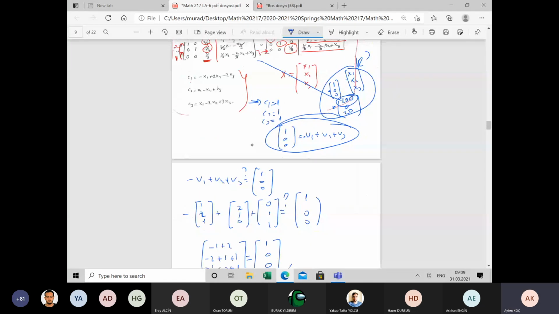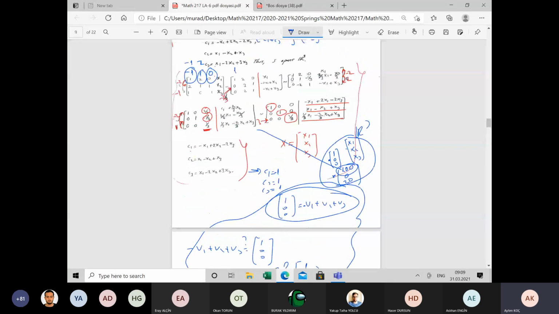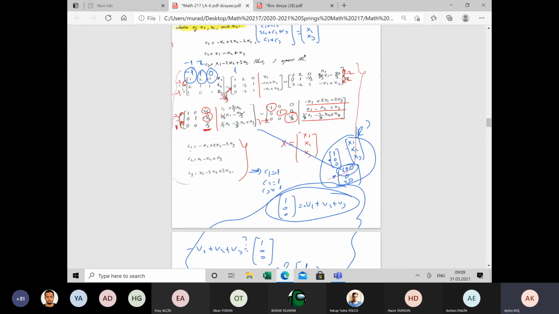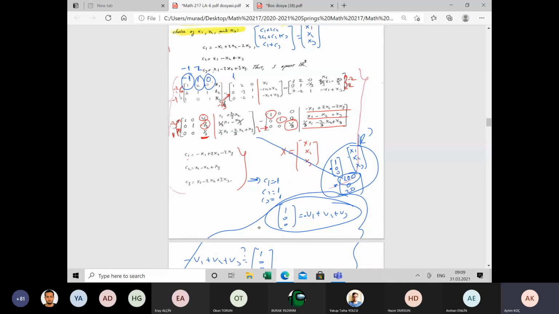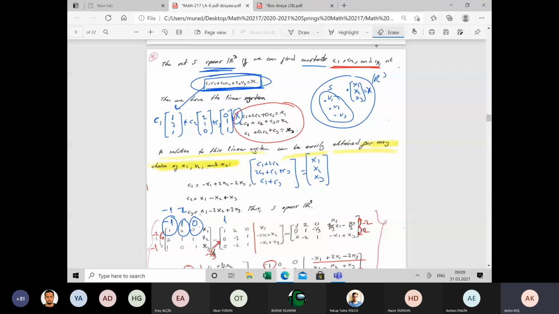every vector is a linear combination of v1, v2, v3. It's okay. So we obtain a solution here. So, yes, let's come back. A solution of this system